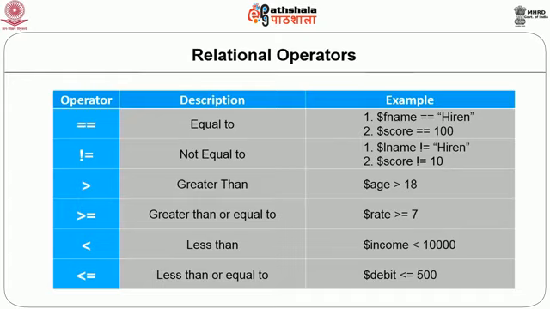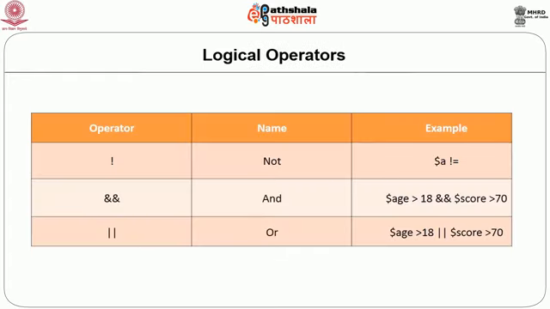And logical operators like not, and, or are also used. You can combine any conditions and the condition gives some result. Say for example, age is greater than 18 and score is greater than 70. So and says that all the conditions you provide must be true, then only your condition becomes true, otherwise it is false.